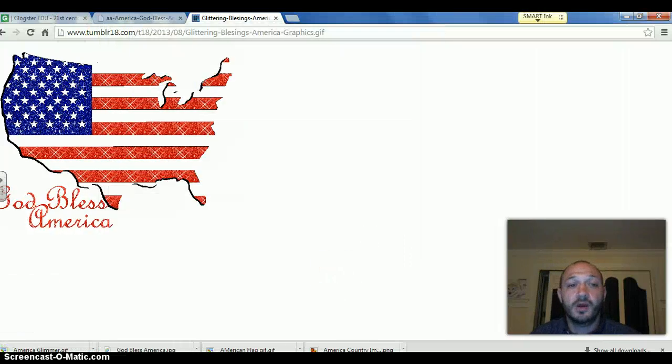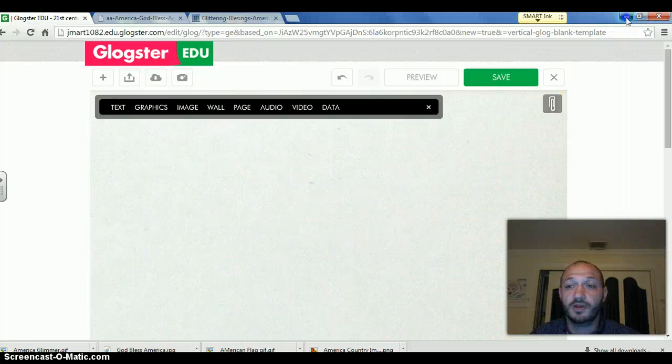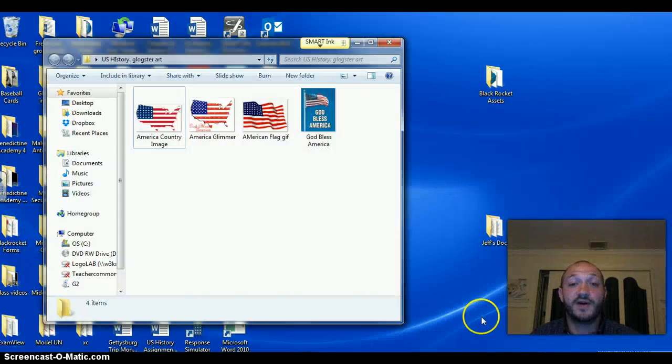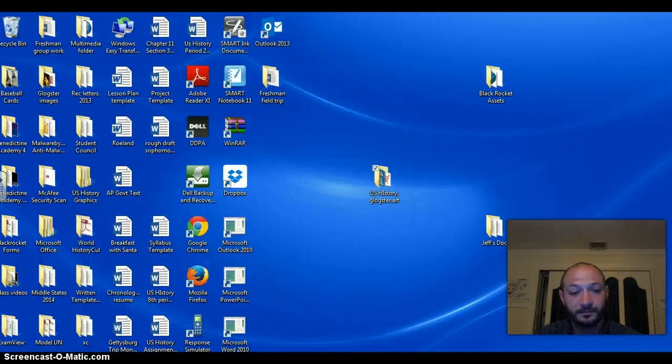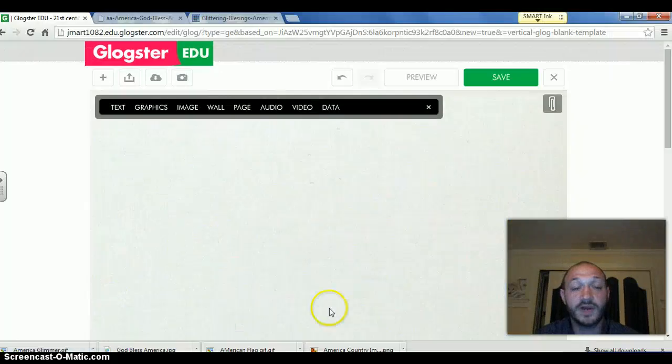Now I want to go to the Glogster for one moment, minimize, and show you what files are in my folder now. As you can see, I have 4 different files in my folder. This one and this one were the 2 files I just downloaded to the folder. So how do I get them on my Glogster to use? That's what I'm going to show you right now. Go back to your Chrome,